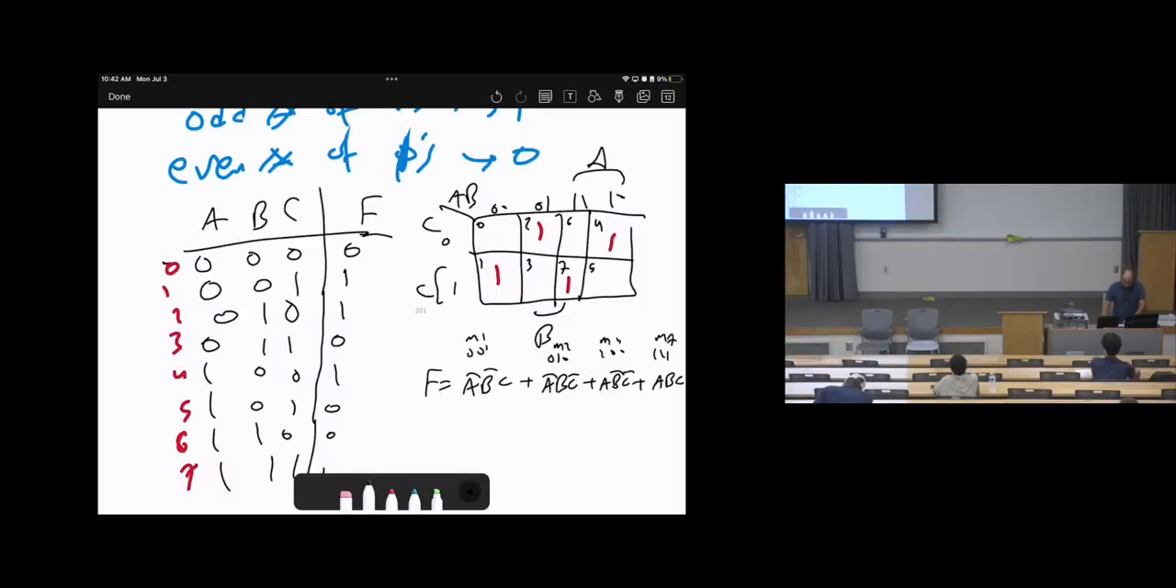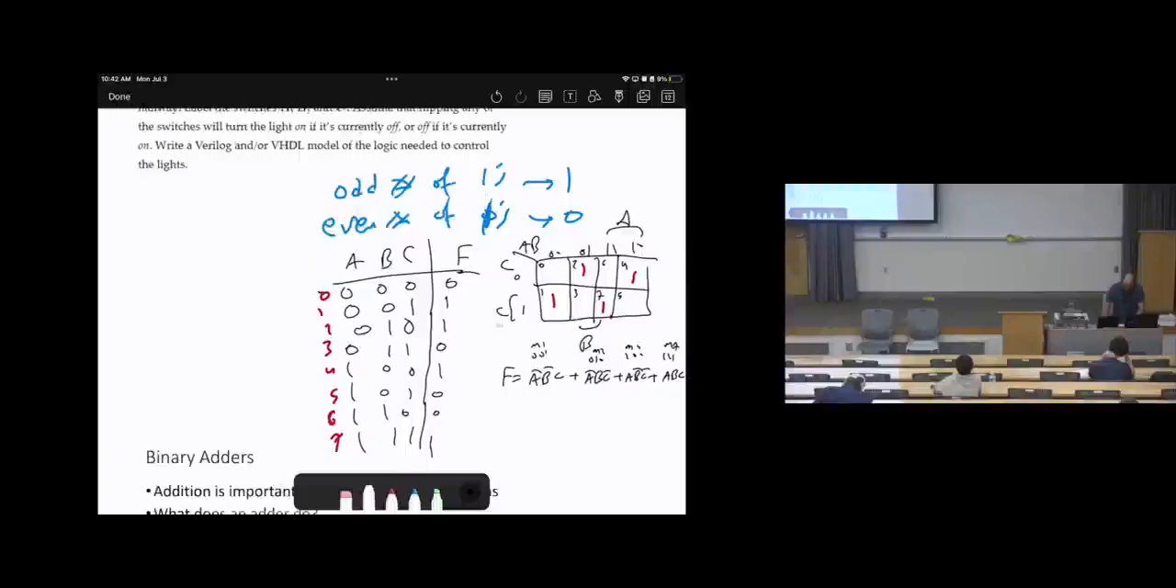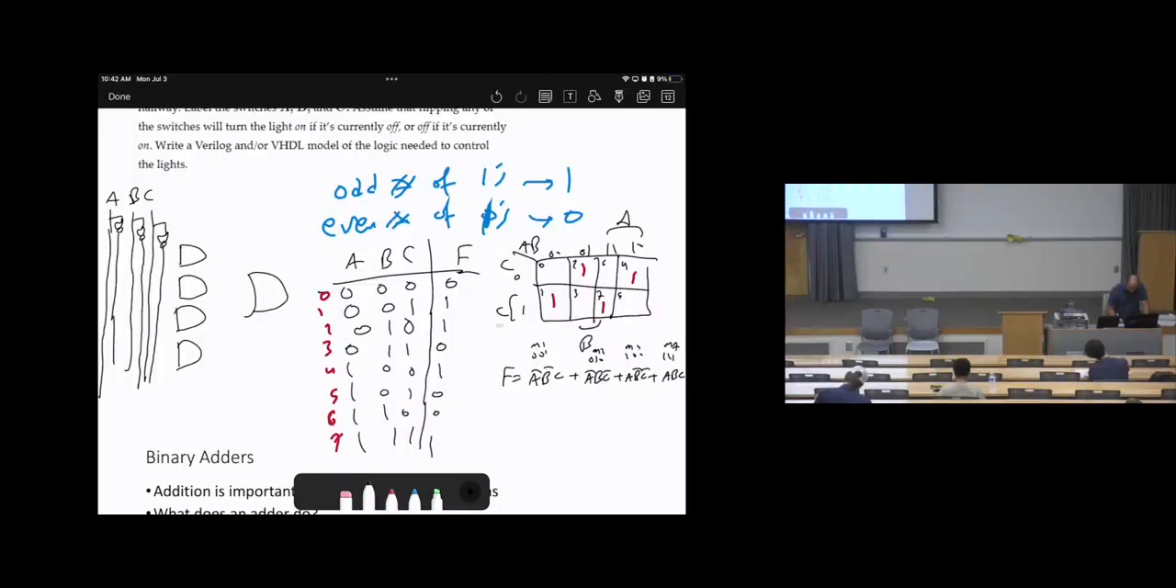Okay? Now, how can we build the circuits? I'm going to do it here. Here is A, B, C. This is A bar. Here is B, B bar. Here is C, C bar. So we have 4 AND gates: 1, 2, 3, 4. Then we have OR gates here to get the function